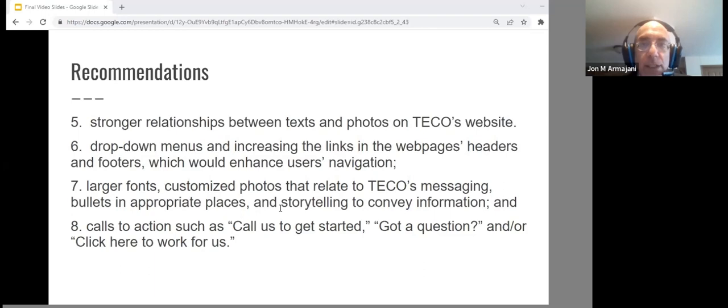5. Stronger relationships between text and photos on TECO's website. 6. Drop-down menus and increasing the links on the web page's headers and footers, which would enhance users' navigation. 7. Larger fonts, customized photos that relate to TECO's messaging, bullets in appropriate places, and storytelling to convey information. And 8. Calls to action, such as calls to get started, got a question, and/or click here to work for